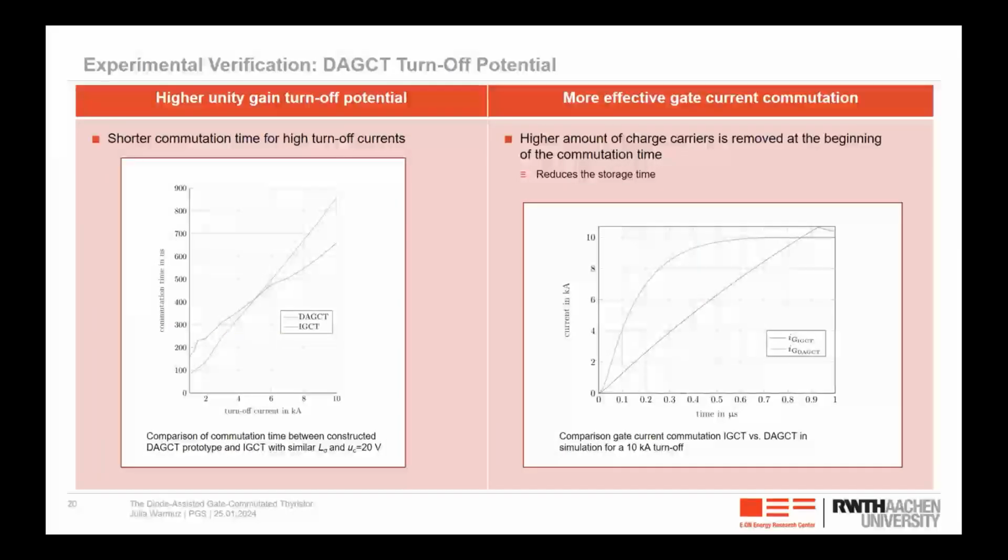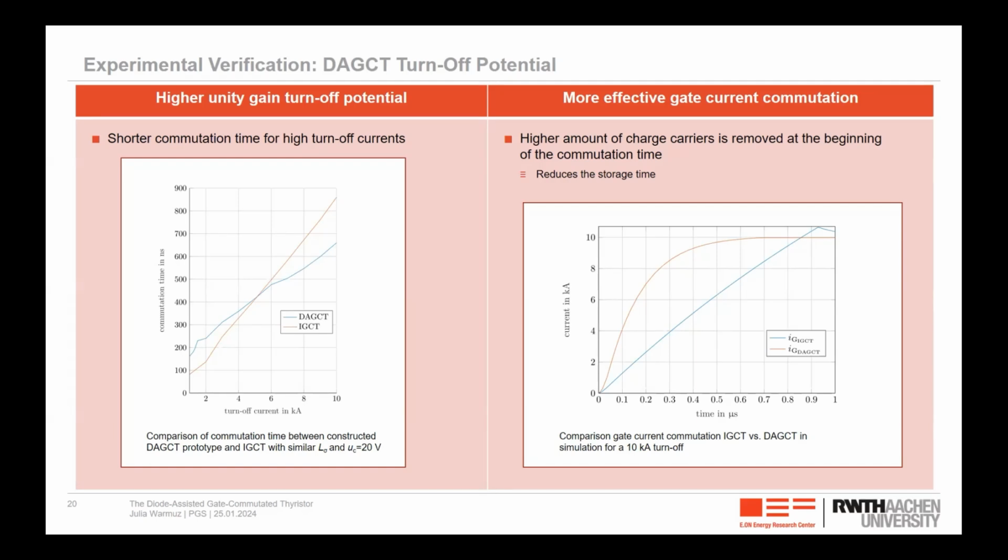So to sum up, here are the two main points. Compared to an IGCT, the DAGCT has a higher unity gain turn-off potential, because it has a shorter commutation time for higher turn-off currents, and we are interested in this kind of area where the turn-off currents are very high. The other point was that we additionally have a more effective gate current commutation, because of how the driving